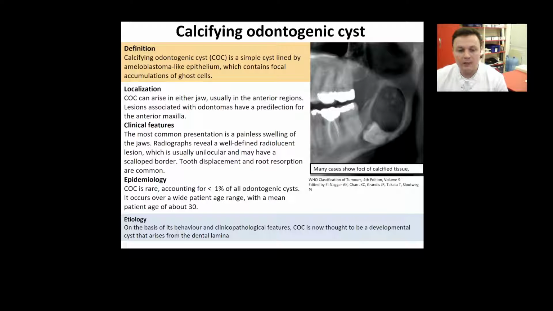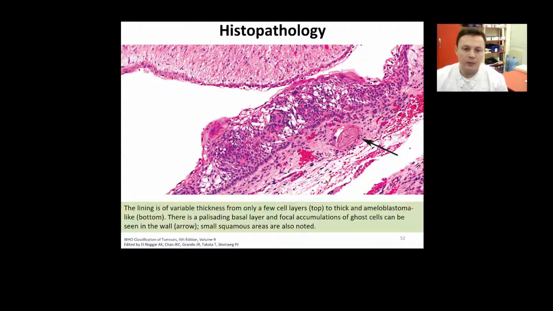On the basis of its behavior and clinicopathological features, COC is now thought to be a developmental cyst that arises from the dental lamina. COC is unicystic and is lined by epithelium of variable thickness. Some areas may be only a few cells thick or may show squamous change. However, the key diagnostic feature is the presence of a well-defined basal cell layer of palisading columnar cells and a thick overlying layer resembling the stellate reticulum of the enamel organ,